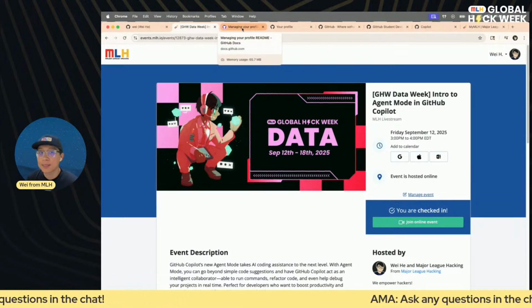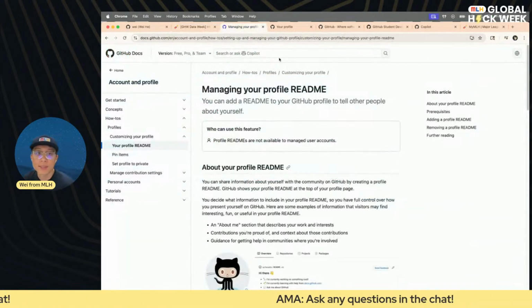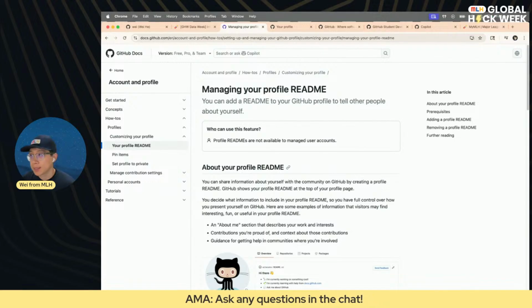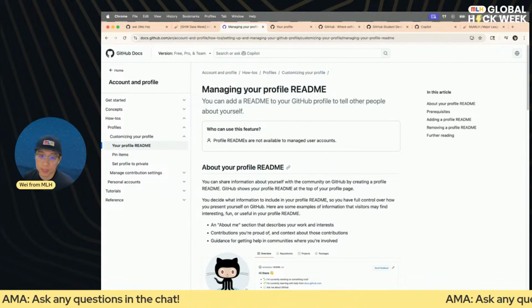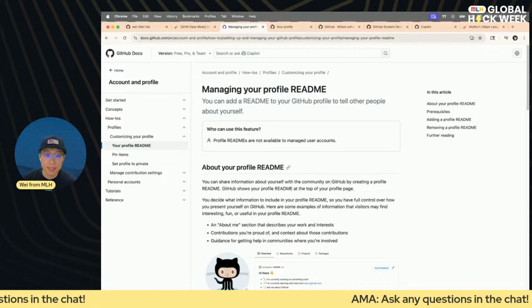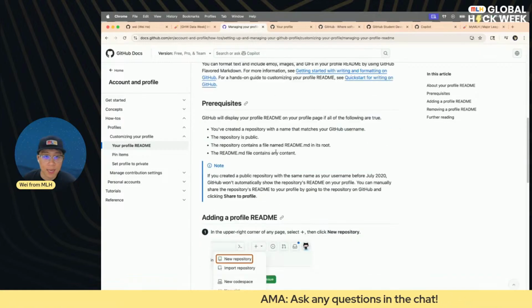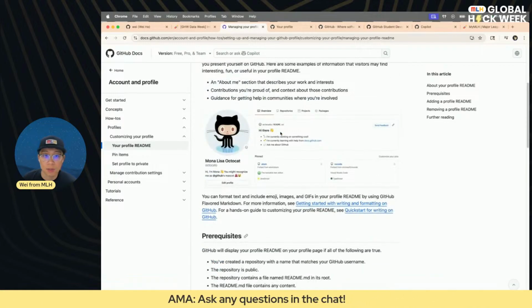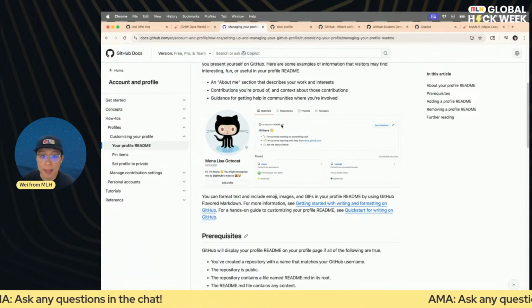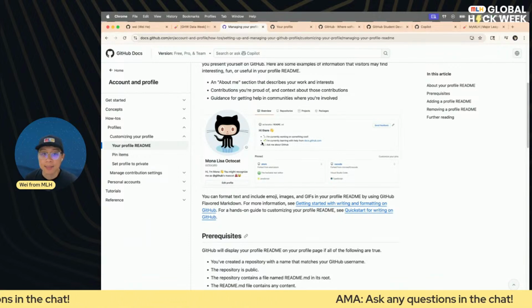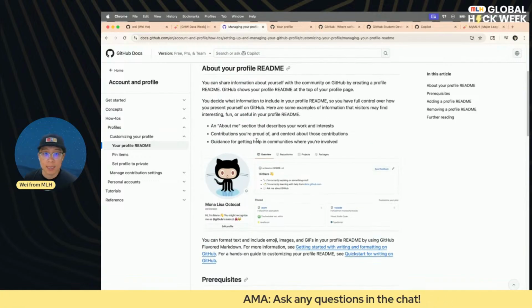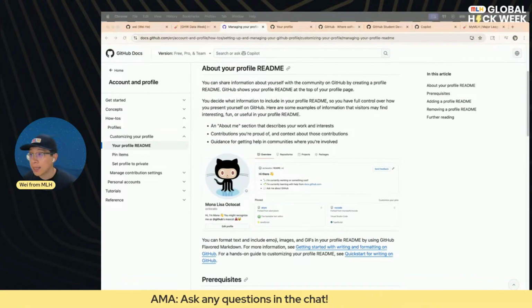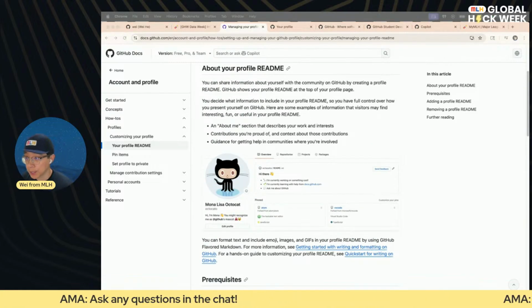Now, first, let's take a quick look at what a GitHub profile README is. Some of you already shared your GitHub profiles. If you go to their links, you'll see some amazing, very well-designed profiles. This is usually to the right of their GitHub profile. You'll see their username and README.md that has their profile. So essentially, that is what we're going to be building.